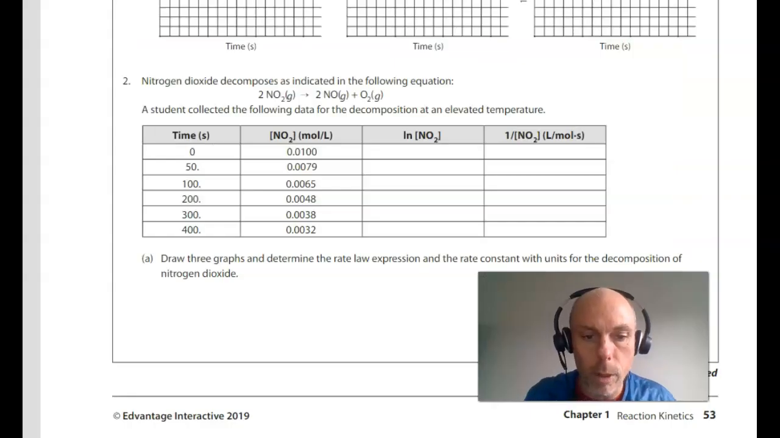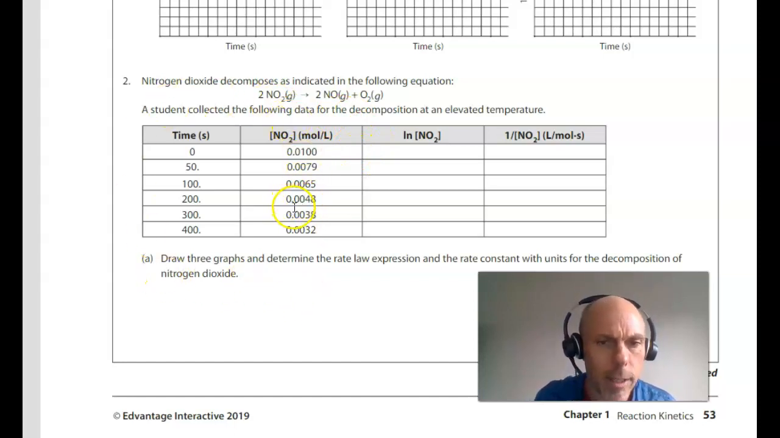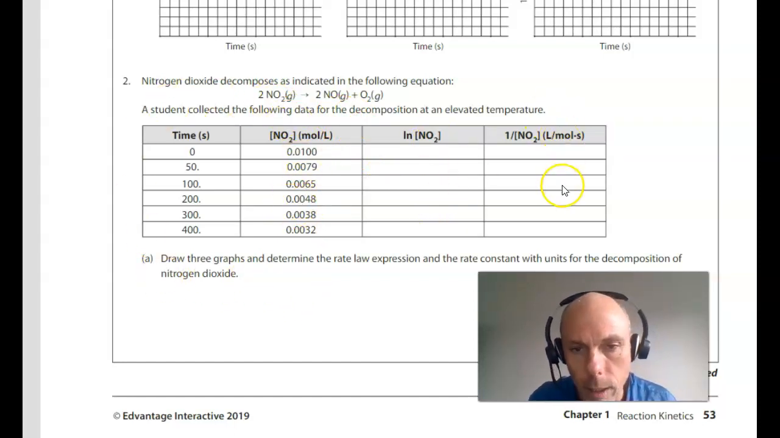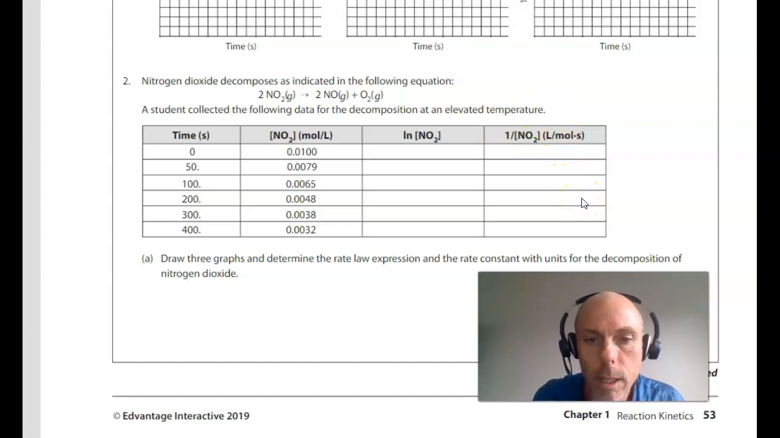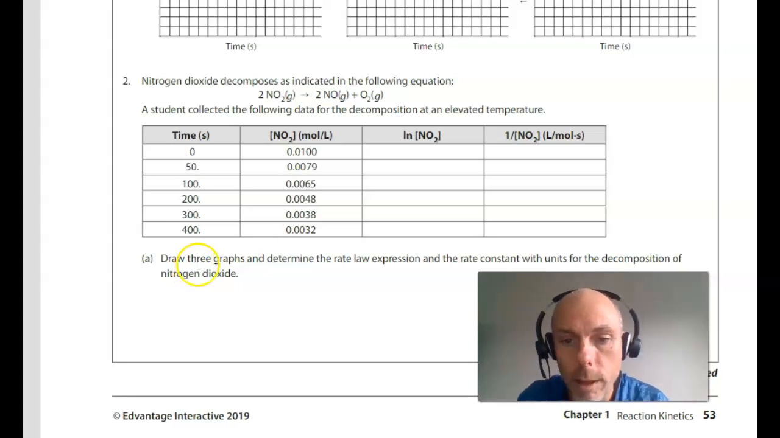So I've jumped ahead. We're on page 61 of the ebook, looking at the second practice problem here, where nitrogen dioxide decomposes into nitrogen monoxide and oxygen gas. That's the reaction we actually saw in the last video. A student collects the following data. It's concentration against time that's collected. That's typically the data that's collected. And then we've got columns here for natural log and inverse of concentration. It asks us to draw three graphs and determine the rate law expression and the rate constant with units for the